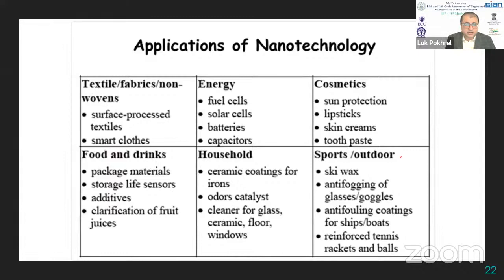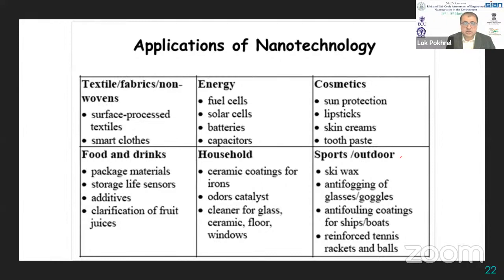And again, nanoparticles or nanotechnology can be used in creating new fabrics, smart clothes. Nanomaterials can be used in semiconductors, small circuits that can be used in clothes to make the clothes weatherproof, to make the clothes for the military as well. Nanomaterials have been used in fuel cells, energy applications. I believe some of these solar cells using quantum dots or cerium oxide nanoparticles have higher efficacy as compared to the